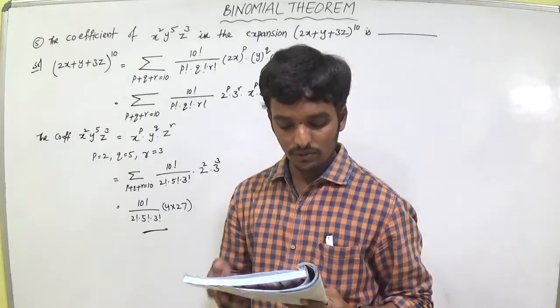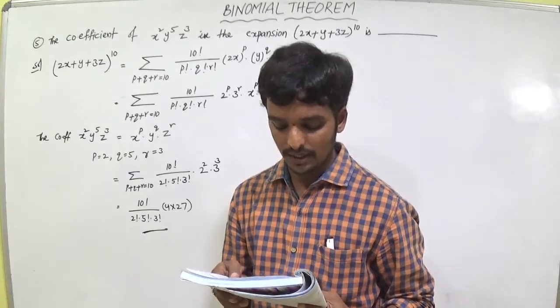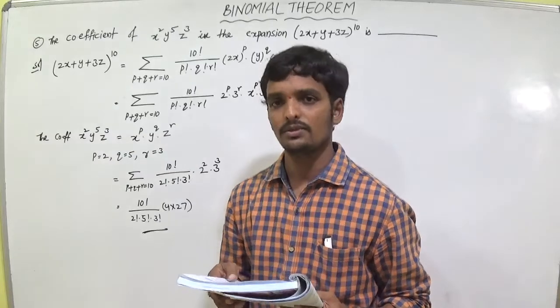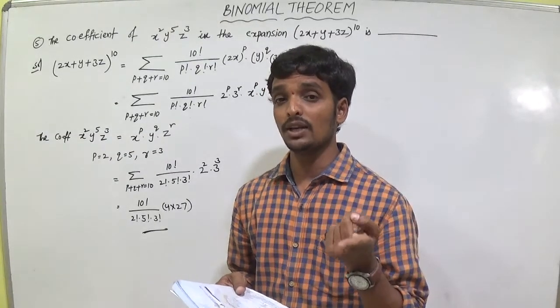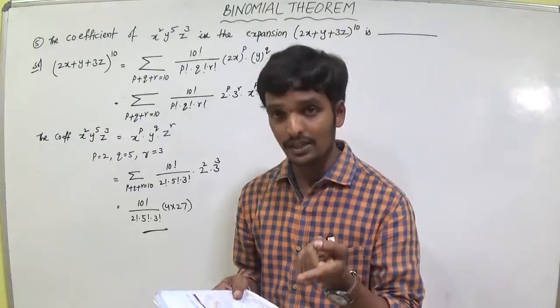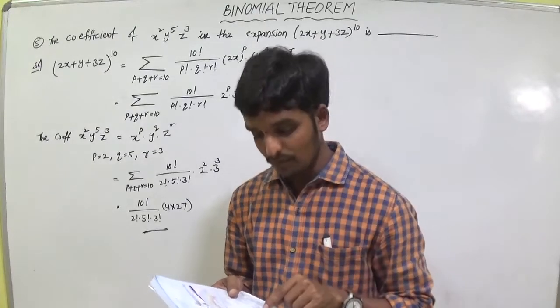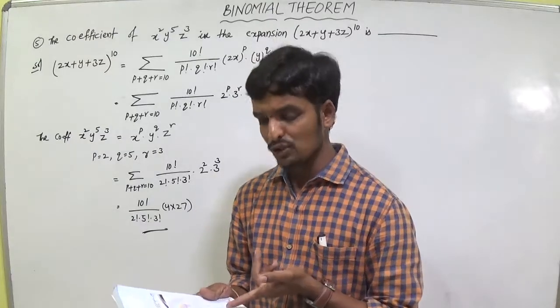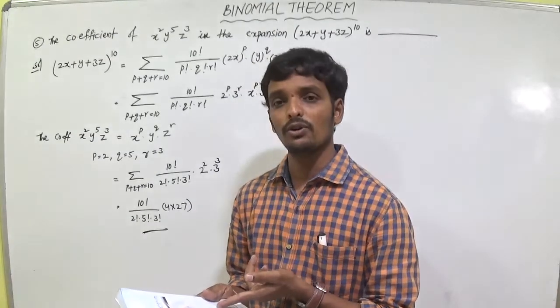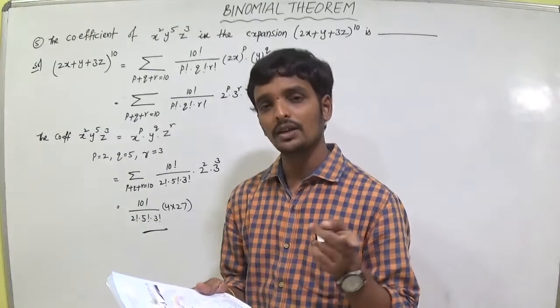Next, reasoning type question, seventh question, greatest term in the expansion. So you can do like this. I explained already in the previous video, NGT, numerically greatest terms. You can find the numerically greatest term of (1 + x) whole power n, where x is equal to 2 by 3. You can get the value. The value is 210 into (2 by 3) whole power 4. So if you get the same answer, the answer is correct.